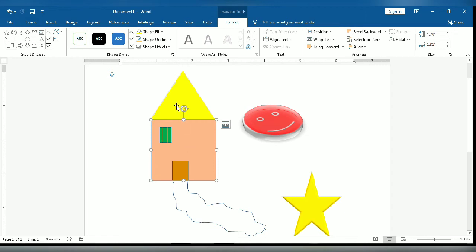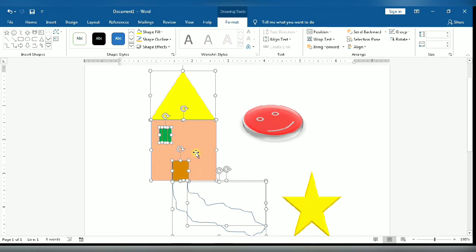For this purpose you have to select the shapes one by one. First you select one shape, press the Control key on your keyboard, and then click on another shape. What will you see? One by one, all the objects are getting selected. Now select the lines, select this one, and this, and this also. So I think all my shapes are selected.